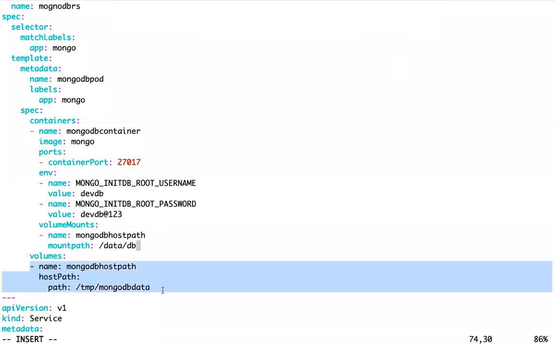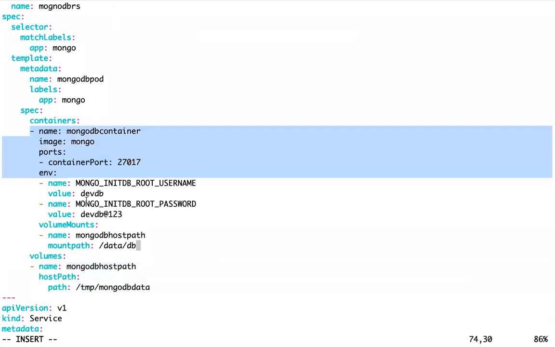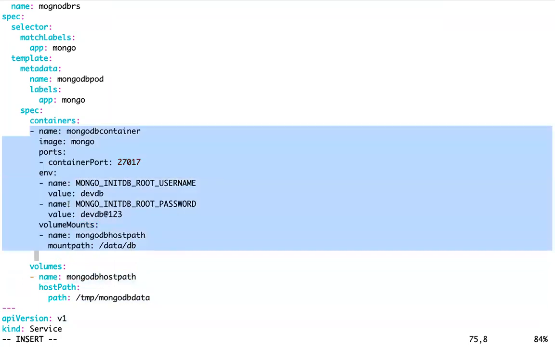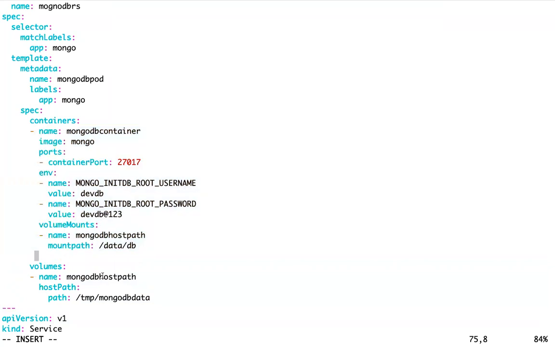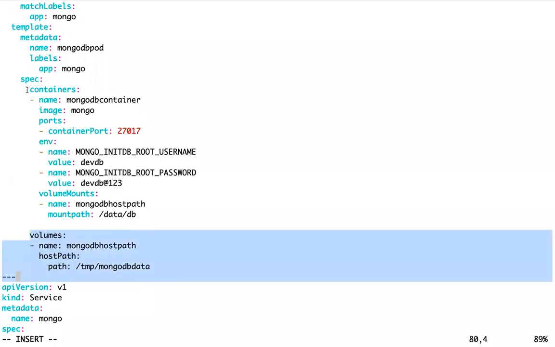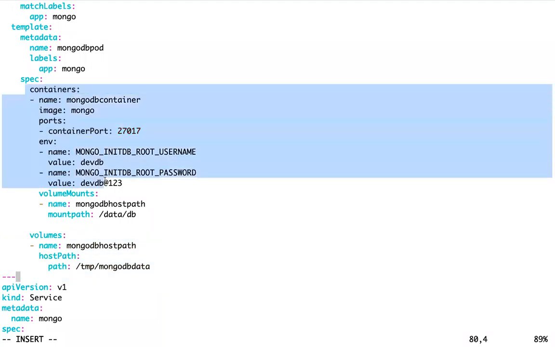So these volumes, as I told in the beginning itself, can be shared with all the containers which are part of this pod, right? If you have another container, for that container also you can define volumeMounts, and you can use whatever volumes you define here. You can repeat this section for the other container. You can use the same volume, or you can define another volume and use that with that container. These volumes are common for the containers which are going to be scheduled in the pod.